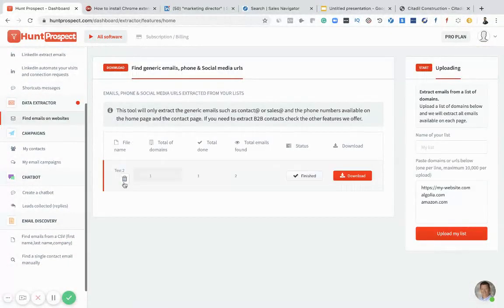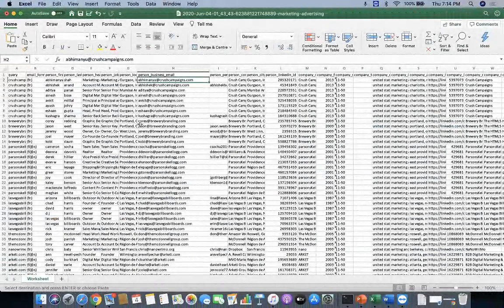The next thing is you can also extract data from a website. Let's say for example, I say here marketing and advertising. Now I will choose one of the companies.